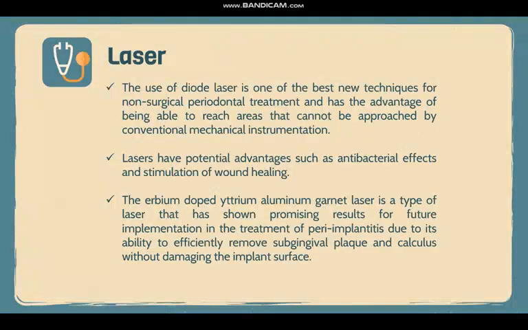Laser. The use of diode laser is one of the best new techniques for non-surgical periodontal treatment and has the advantage of being able to reach areas that cannot be approached by conventional mechanical instrumentation. Lasers have potential advantages such as antibacterial effect and stimulation of wound healing. The erbium-doped yttrium aluminum garnet laser is a type of laser that has shown promising results for future implementation in the treatment of peri-implantitis due to its ability to efficiently remove subgingival plaque and calculus without damaging the